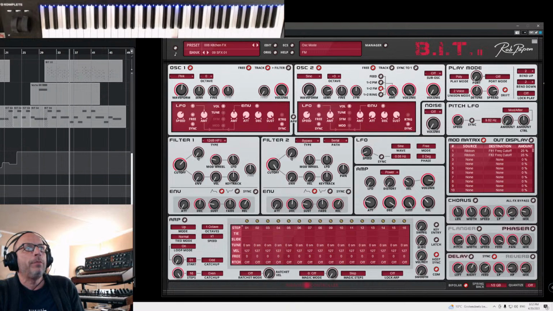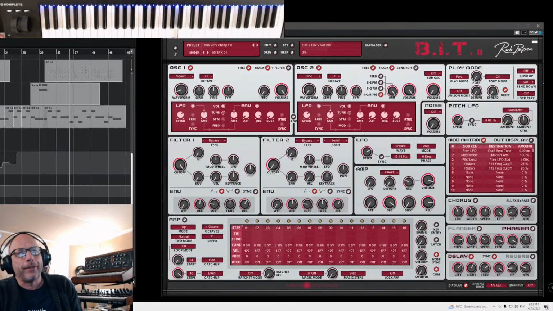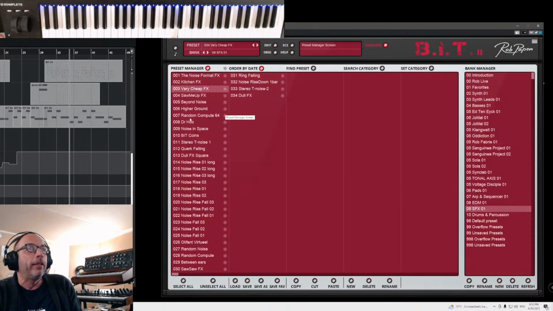I think it could be bacon. I'm a vegetarian, but you see, presets can be even a kitchen sound. Oh yeah, that one. Yeah, it has some, I mean,